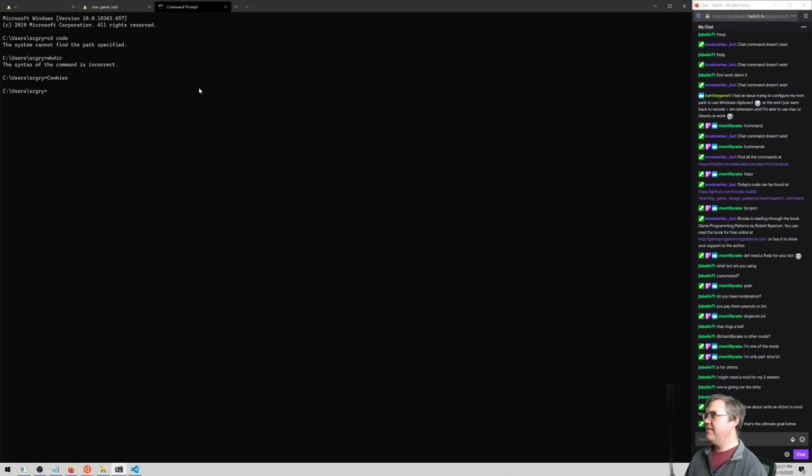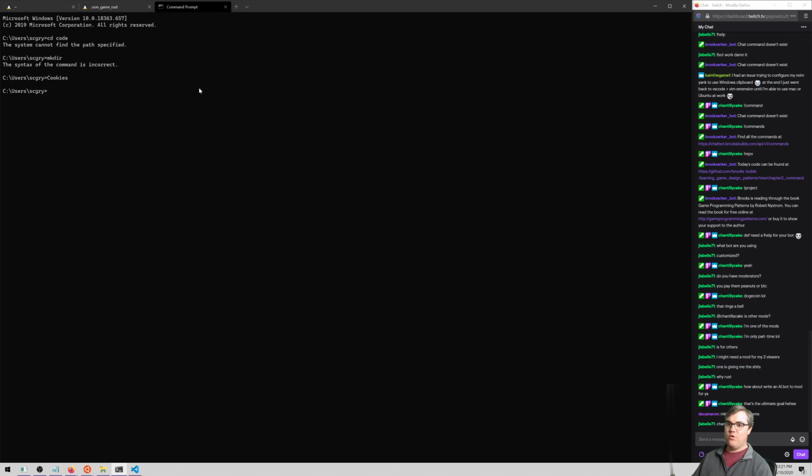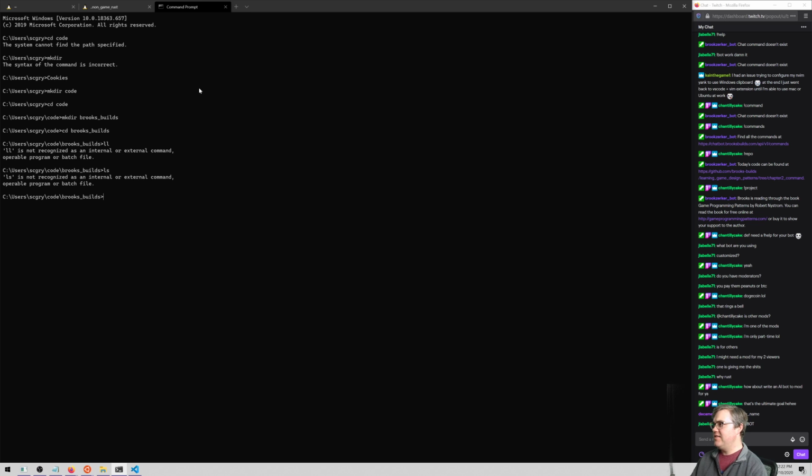Oh man, I need to look up how to use this. Why Rust? I love Rust. I think that is a great programming language. I think that is actually going to be quite a bit of the future for this type of programming language. Oh, so it is make dir. I just assumed that it's not. So make dir code. Look what I know. Make dir. Okay, right. It's dir.